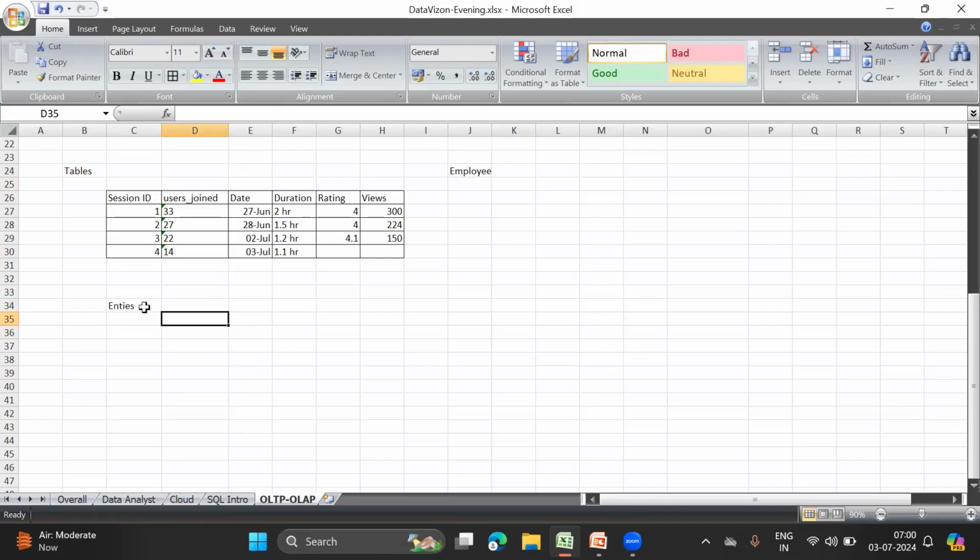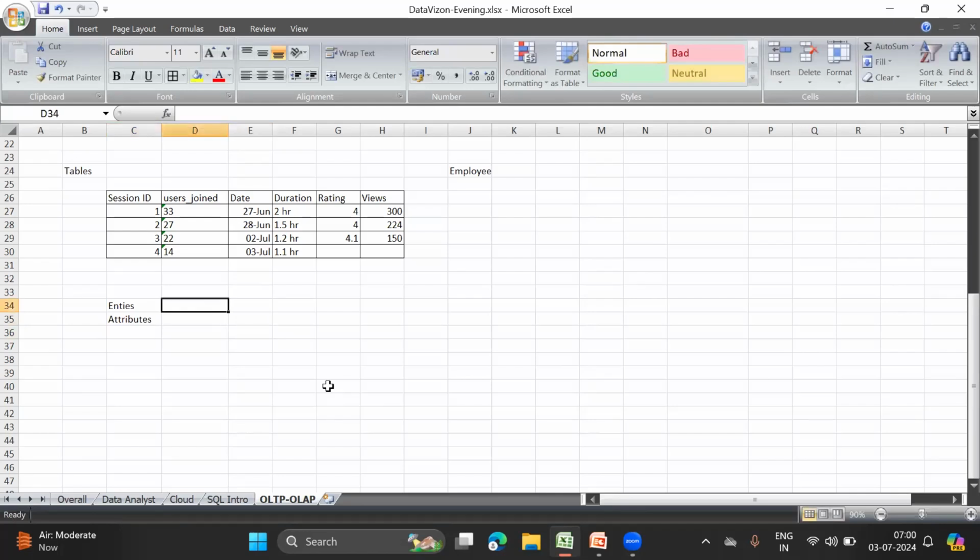This laptop is an entity. This session is an entity. The table is an entity. Your chair is an entity. So an entity is anything that exists in the world or in the universe right now. You can say the universe is also an entity. Okay, so every entity is going to have some attributes. Okay, so attributes are properties associated to an entity.